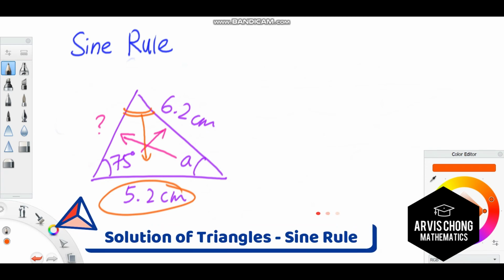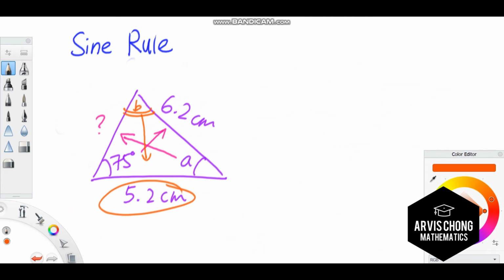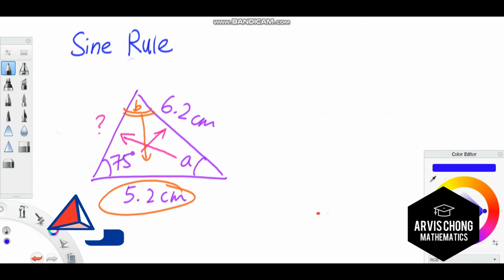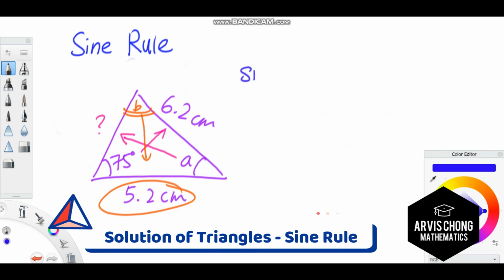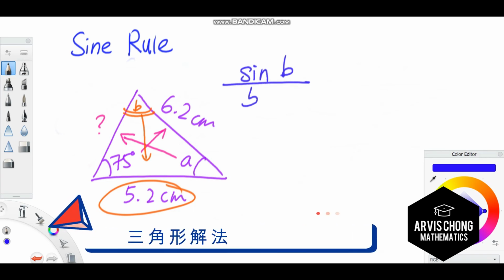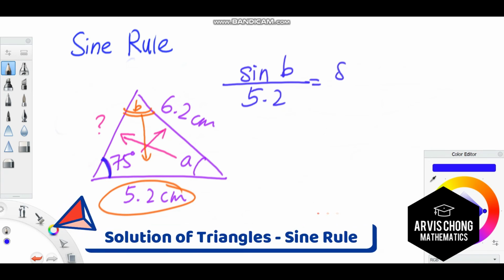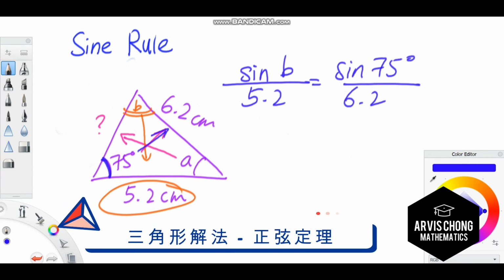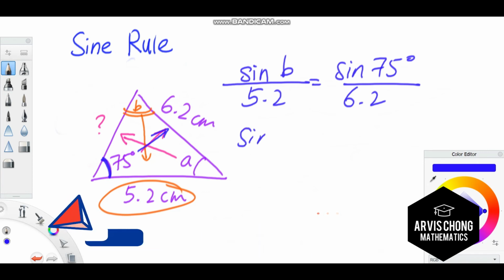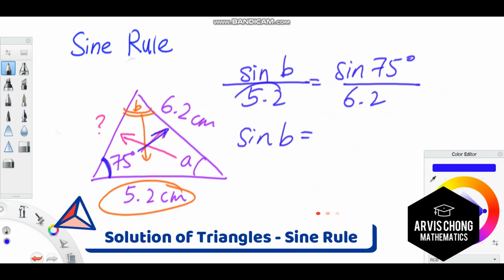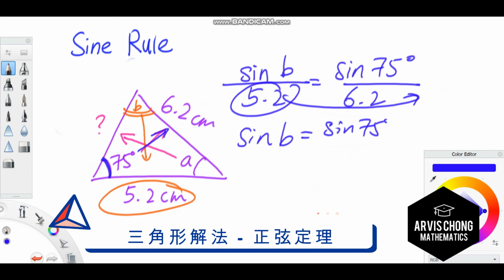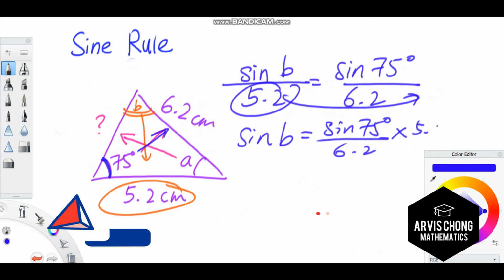So we can use the sine rule again, since the question asks us to find the angle B. We need to start from sine B first, over 5.2 equals, and this angle 75 is given, so we put sine 75 over the opposite length, which is 6.2. Next, you type it in your calculator. First you move 5.2 to the right hand side, and here you will get sine 75 over 6.2 times 5.2, and sine B will give you